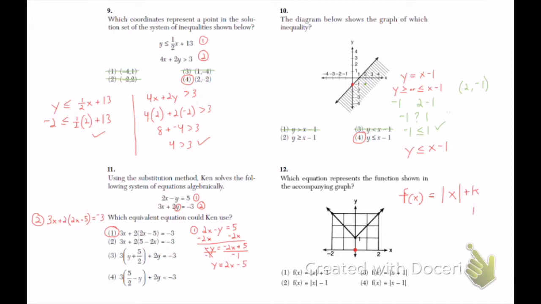So we can say that the k is equal to 1. It's 1 unit up. We're talking about this right here. So I'll draw that, 1 unit up. So when I write this new function, it would be f of x is equal to absolute value x plus 1. And we can see that the choice